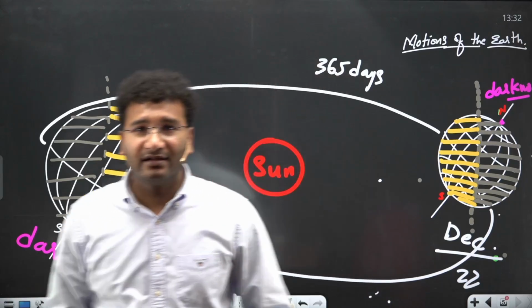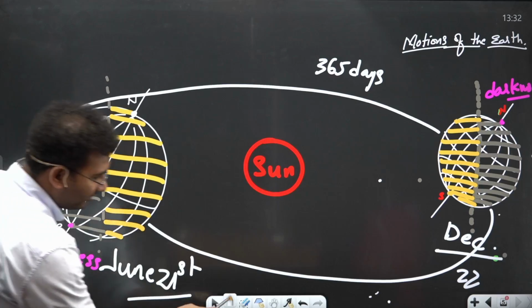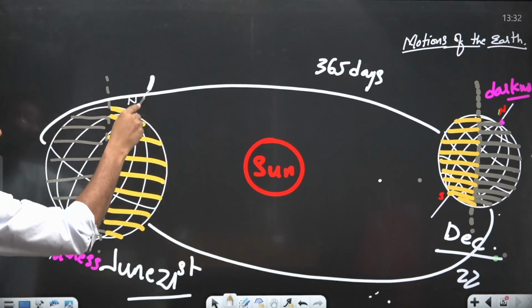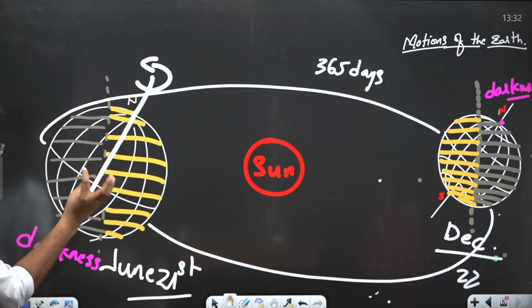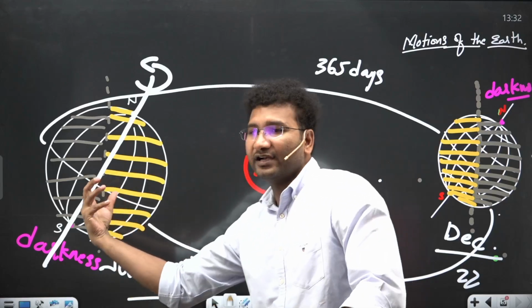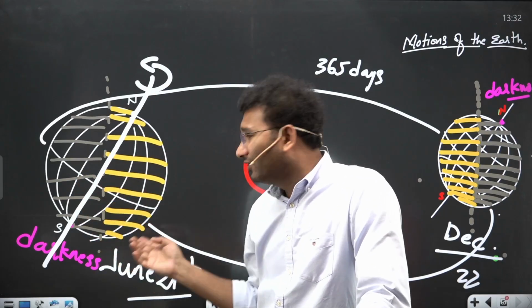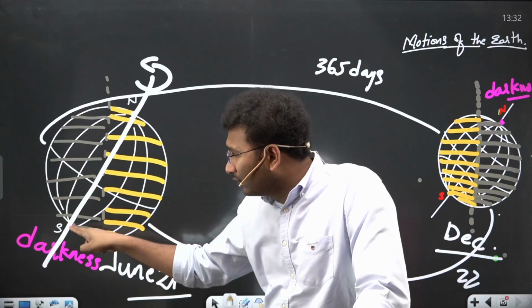You might be thinking, if this earth is rotating, try to imagine, your earth will rotate on what? Your earth will rotate on its axis. Your earth will be rotating like this. Okay? Try to imagine, your earth is rotating on the axis. It is tilted and rotating. Irrespective of its revolution, rotation takes 24 hours, 1 day. Now look here,